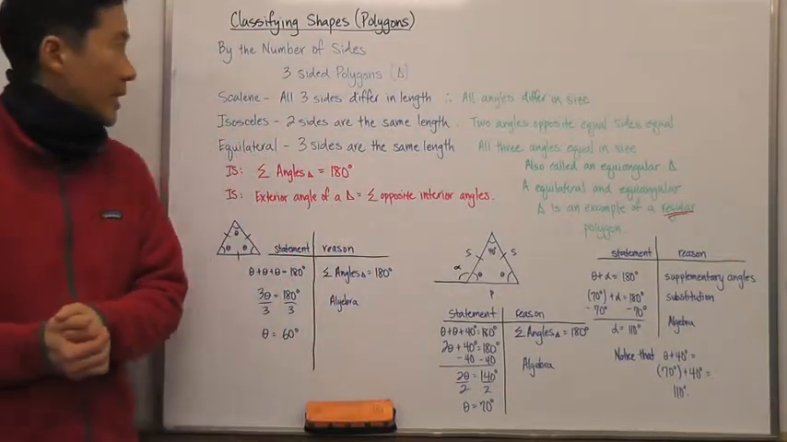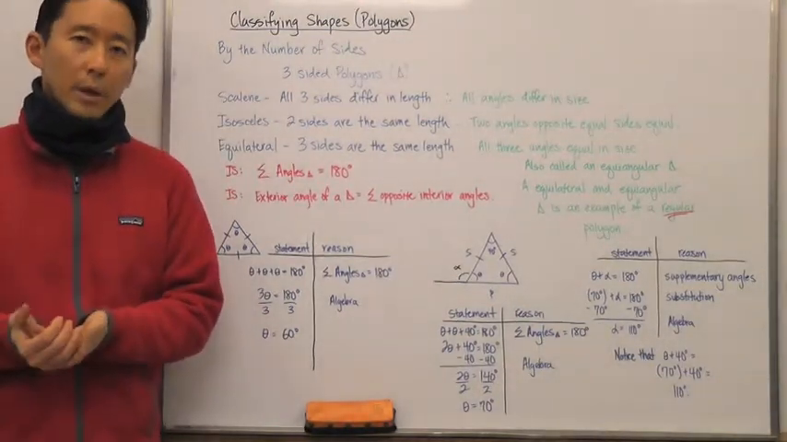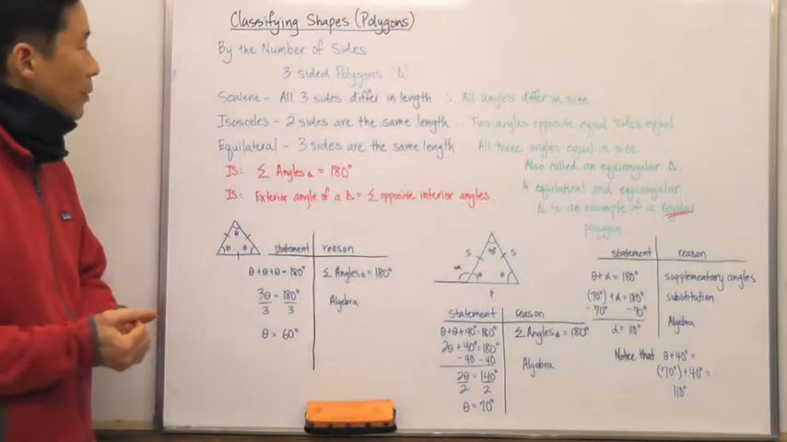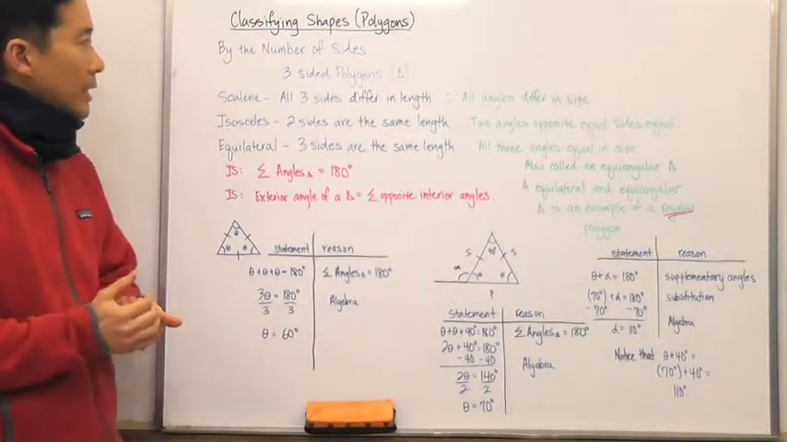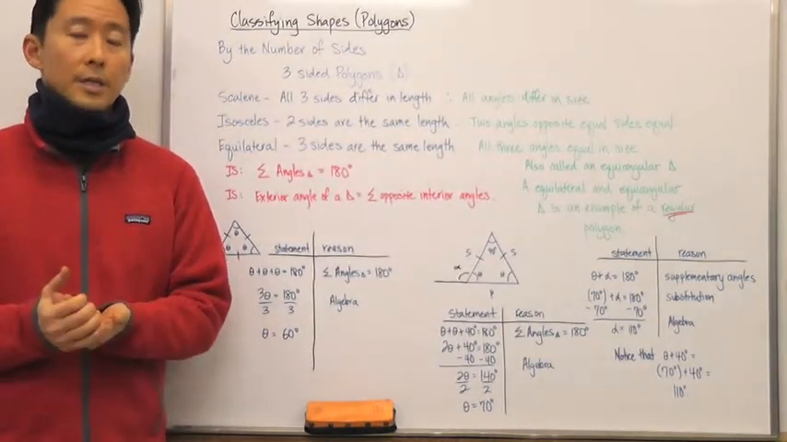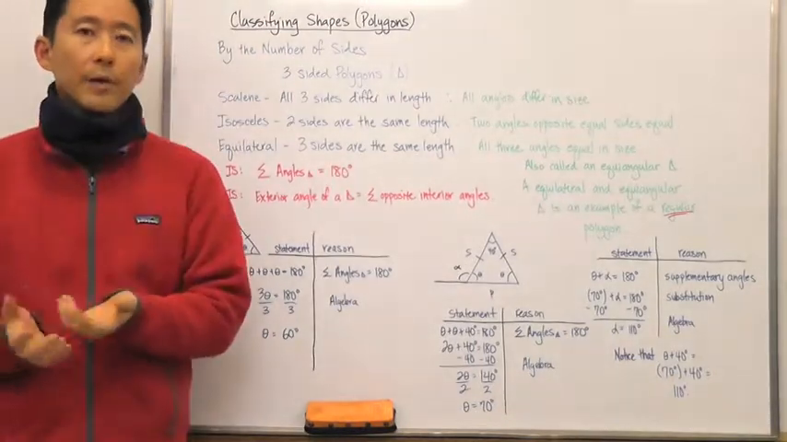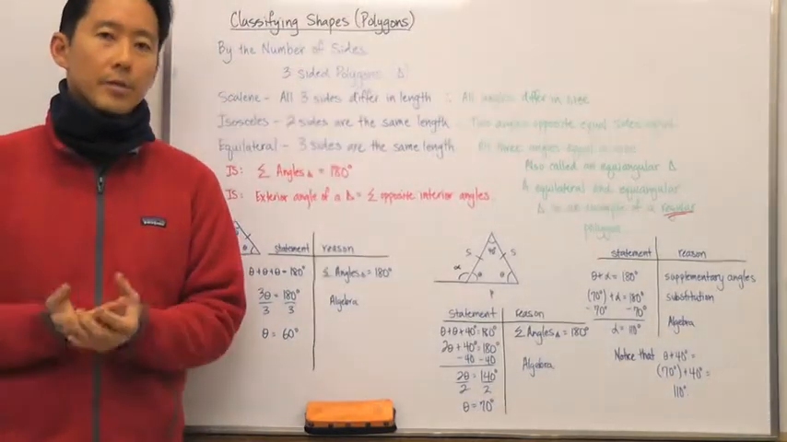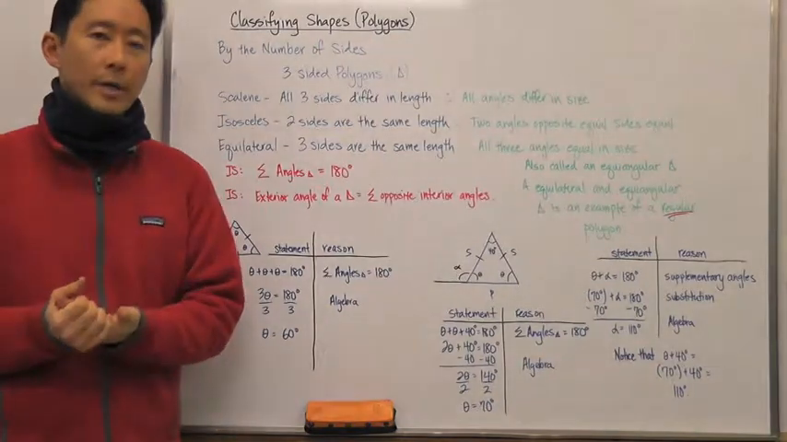Hello everyone, let's go ahead and take a look at classifying shapes, or classifying polygons. What we can do if we want to classify polygons is go by the number of sides that the polygon has. The simplest shape that we can have is a three-sided polygon, or a triangle. Now, when we deal with a triangle, we can always talk about three different types of triangles